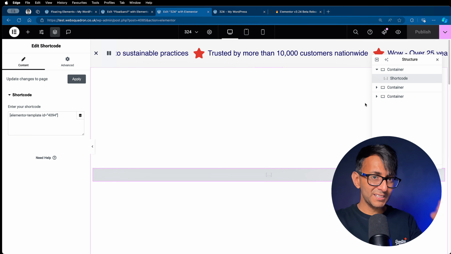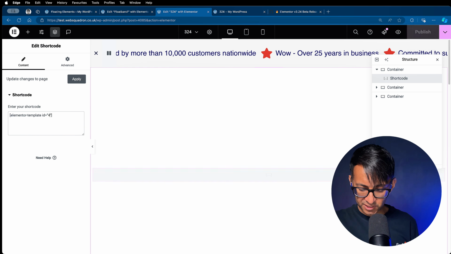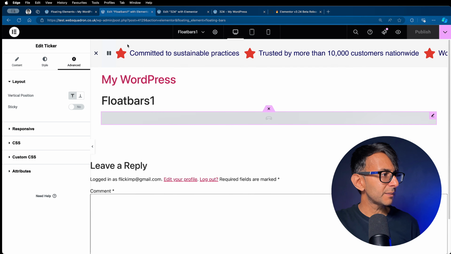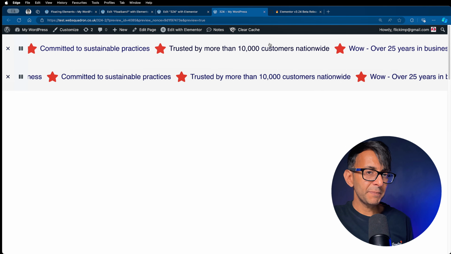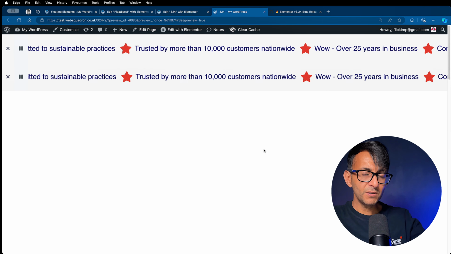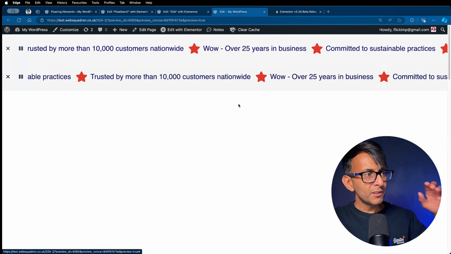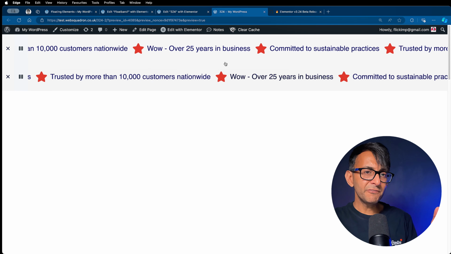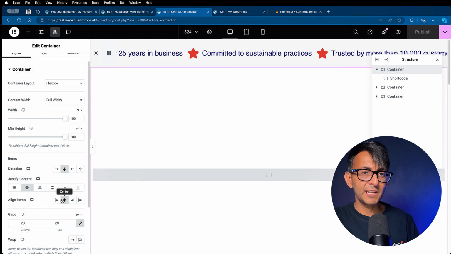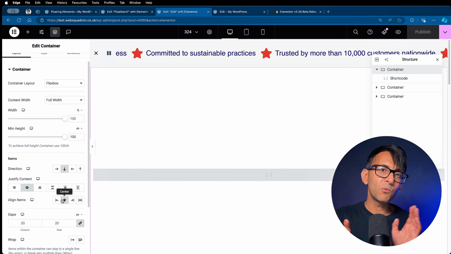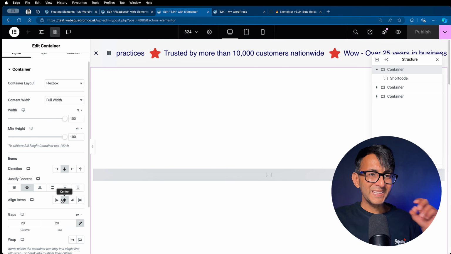I've dropped into this container the shortcode widget. And I'm going to change this to say 4129 because I'm pretty sure that's what it was, wasn't it? Yeah, it was 4129. And when I go over to my page now, you can see the top one because it displays there. And then we've got this shortcode. The problem is that even though I have set this container to be justified and aligned in the center, because maybe I want to have this ticker tape or coupon thing or whatever in the middle,